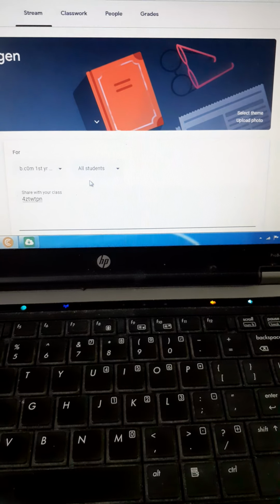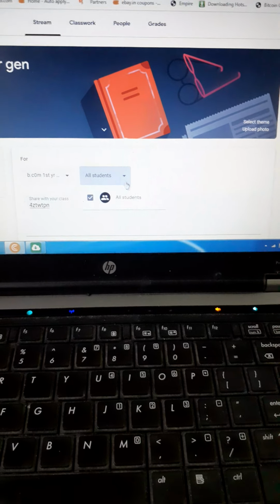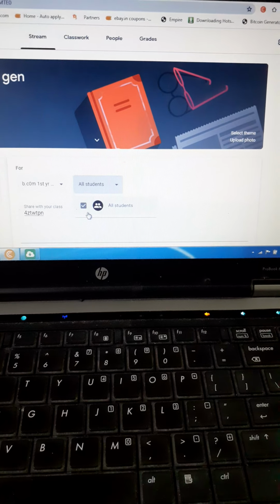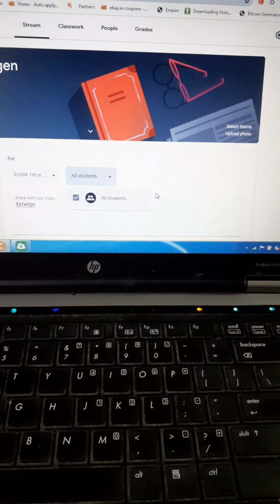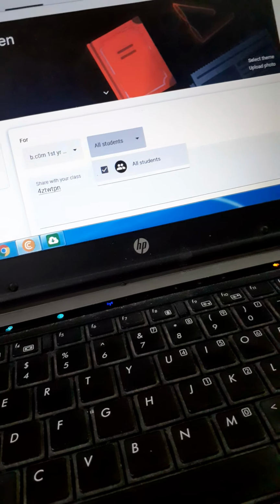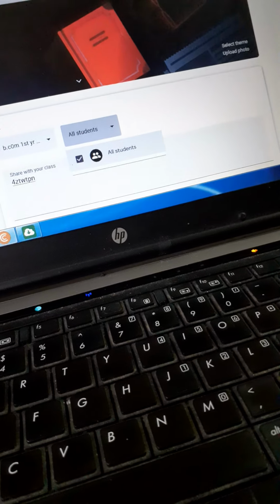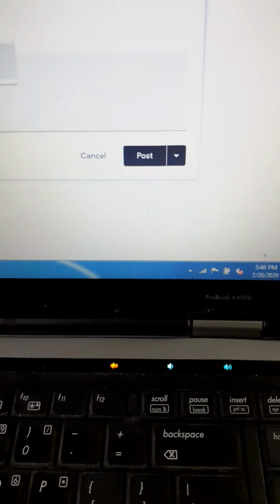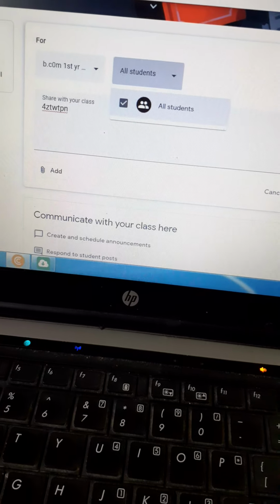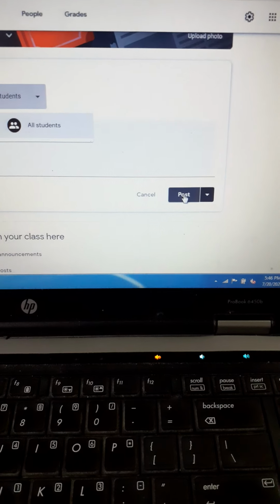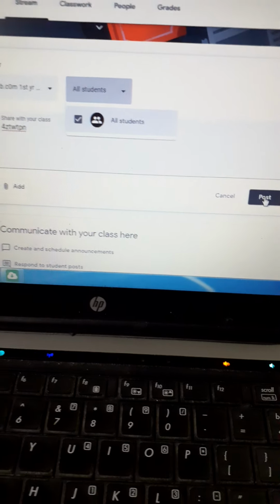All the students you have to send to, you can select all students. Here we have to give a tick mark. Right side, if you see, post. If you want to cancel, you can cancel, or otherwise if you want to send this class code information to students, then you can select post. Okay, like this also you can send.